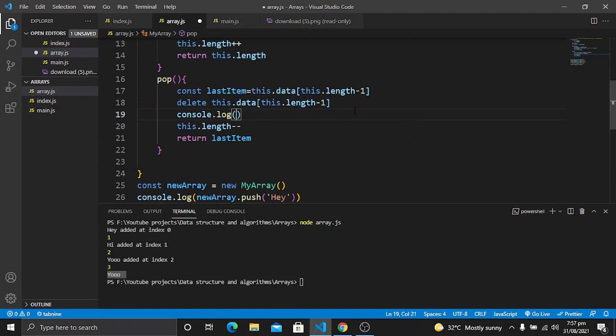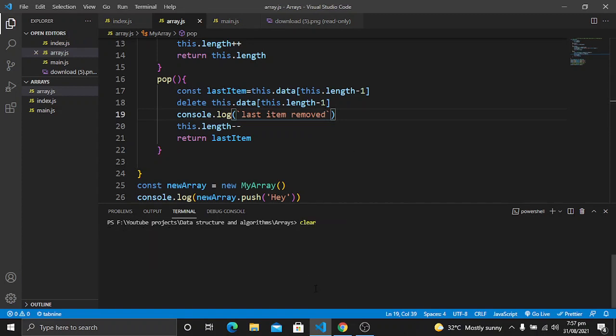So console.log last item removed. Let's clear the terminal, run the code again. Now you will see last item removed. So the pop method is also working properly.